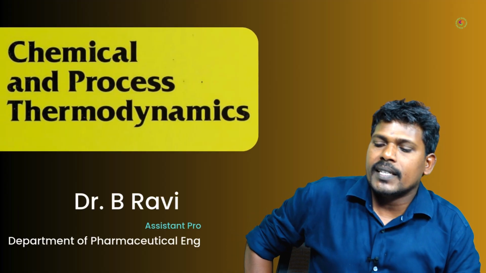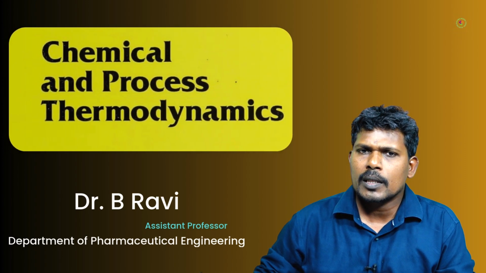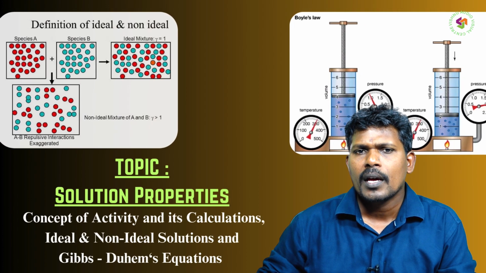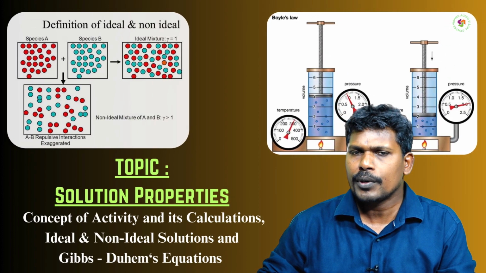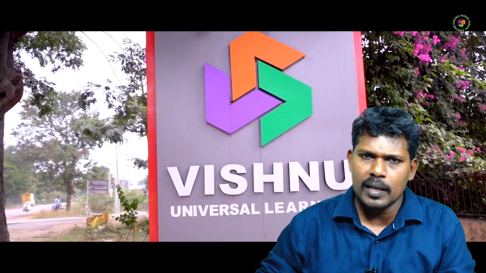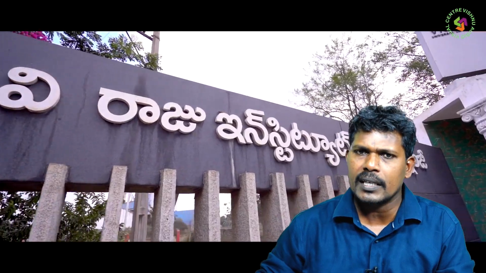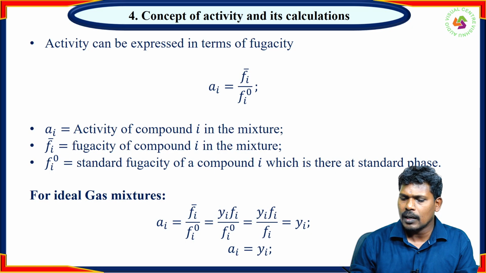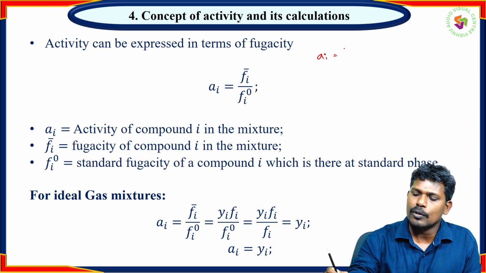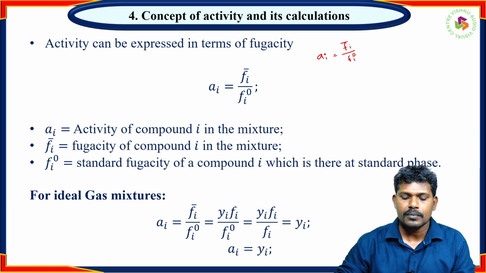The concept of activity and its calculations. In the previous slides we have seen fugacity. Fugacity is an effective pressure of a compound in a mixture. Activity is an effective concentration of a compound in a non-ideal mixture. So there is a relationship between the activity and fugacity. That is, the activity of any compound,